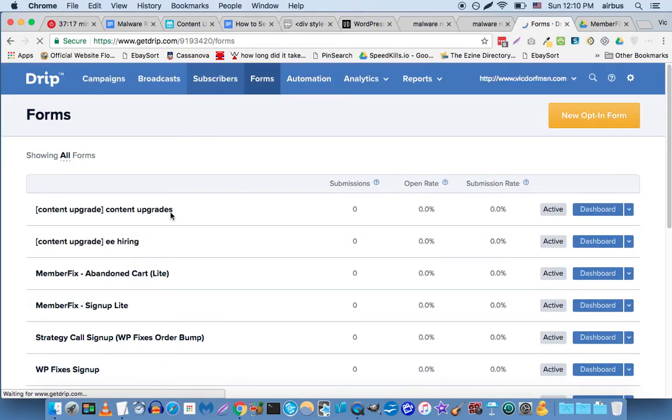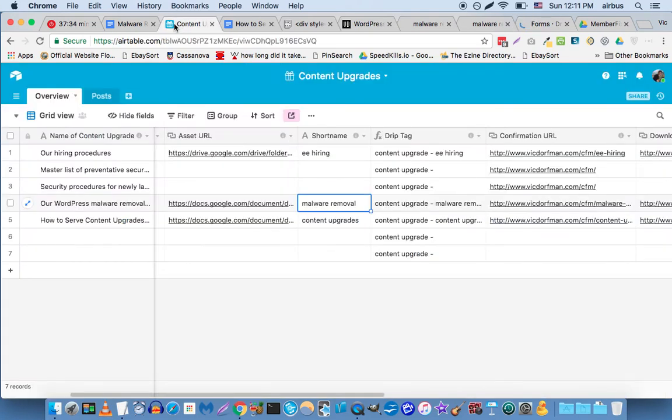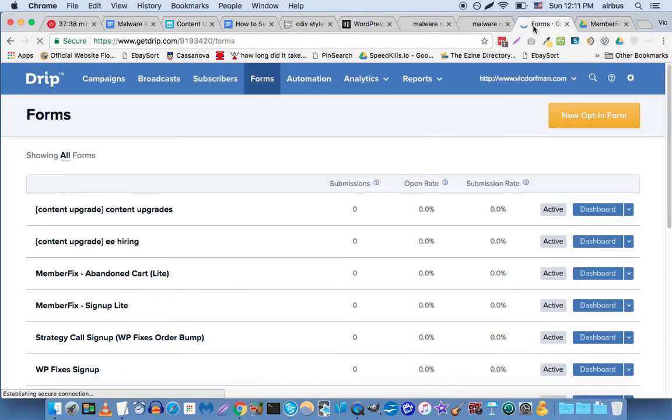Now you can see that I've already created two content upgrade related forms, and the way that I know this is because the naming convention that I'm using is bracket content upgrade close bracket and then the short name. Remember our short name from within Airtable? So the short name here is malware removal. So what that means is I'm going to create a new opt-in form in the format content upgrade malware removal,